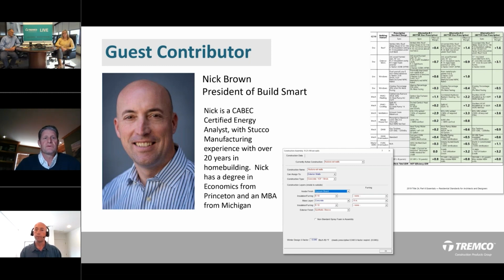So yeah, one of the things that really struck me with the project that Nick and I were working on is I came across a project that was modeled incorrectly. The input was done wrong, and it was just a simple error by the person who put it in, basically the nomenclature. They said, oh, this is an 8-inch wall. They assumed that the concrete core was only 3 inches. And so everything kind of didn't come together from there. And then I called Nick. I said, hey, Nick, the software that you guys are using, does it calculate the thermal mass into the thermal model? He said, yeah, it does. And so that's when we started to really dig into this and discover how the software is using thermal mass,